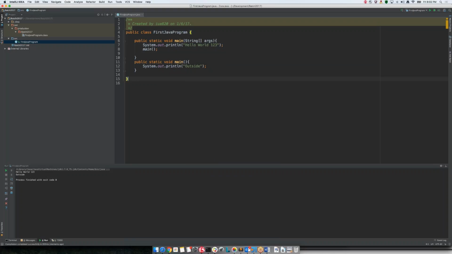Hello world 123. What exactly happened? It executed this one, and then it saw this main also within this block, and it started calling that one. Yes. Okay. Thank you. So that is the importance of